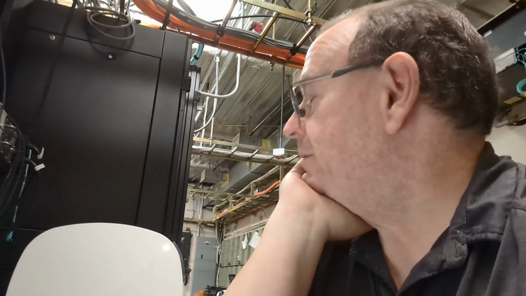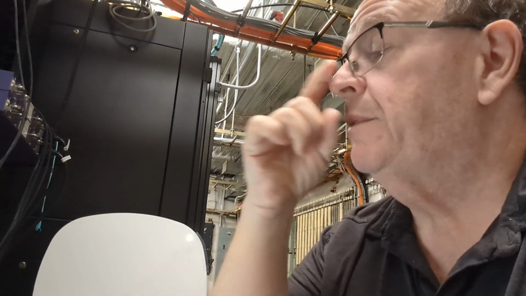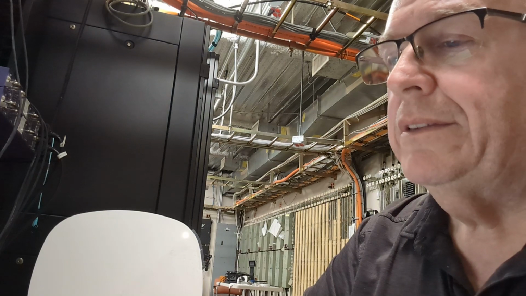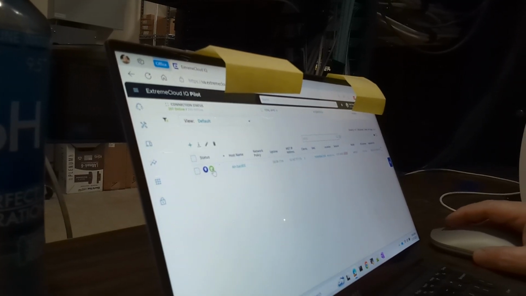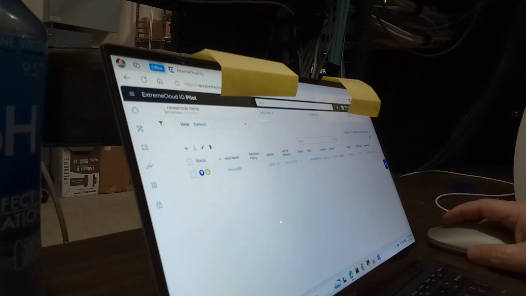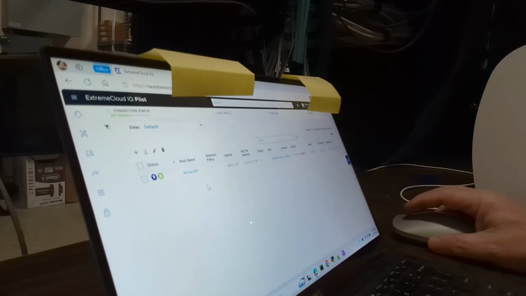Okay, so this is what I find frustrating about this whole Extreme Wireless. And it's probably just because I don't know what the heck I'm doing with this new wireless. I know the old wireless really well. Go back to this guy. It says it's connected, but it's not. It's acting like it connected to the cloud wireless. So what I'm going to do